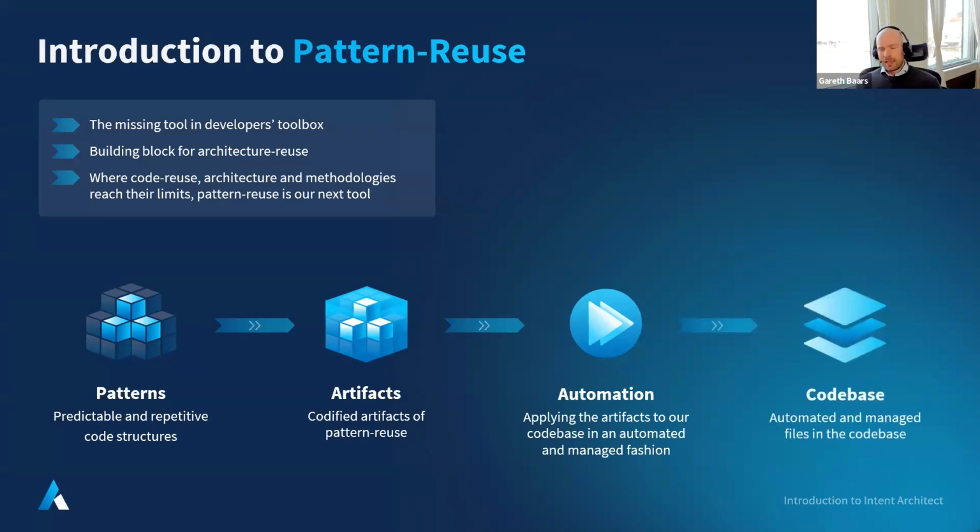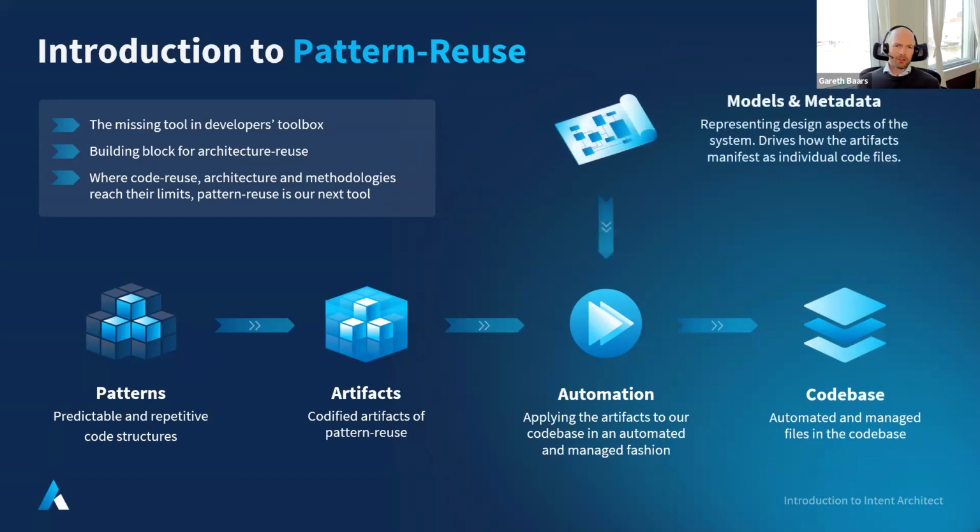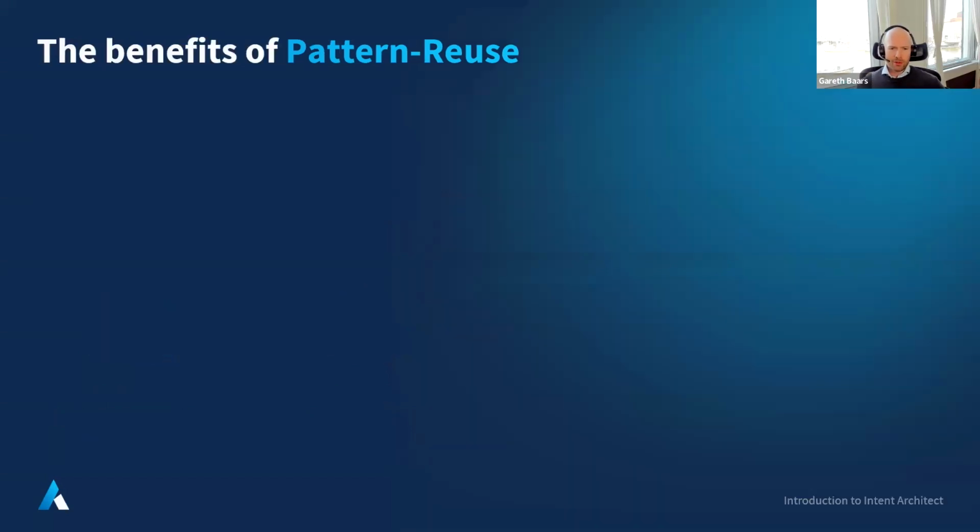Now, because each instance of the patterns, each controller, each DTO, each repository, each entity, et cetera, throughout the system is unique, we need a way to drive this. And so the way that we drive it is ultimately through models and metadata, which essentially represents the design of the system. You could think of it like a set of blueprints that explicitly describes how the system is designed at a high level. And we've been applying this process of pattern reuse to building out software systems for well over 10 years now. And we've seen the same benefits from this process happen each and every single time we've applied it. And I can run you guys through those at a very high level.